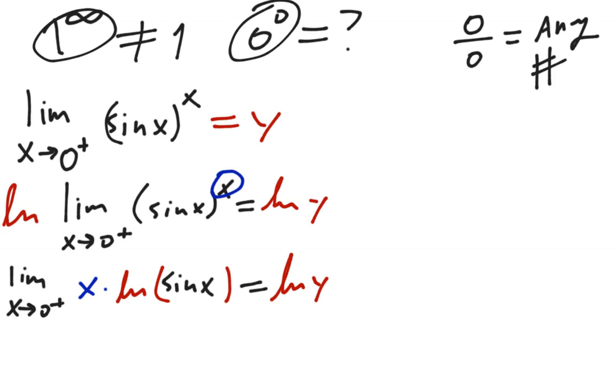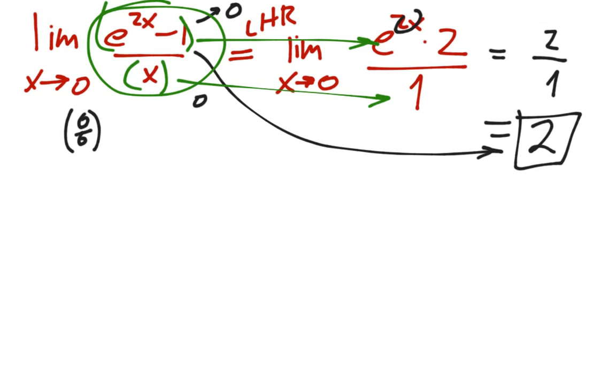Now x is still approaching 0, so let's check. Over here, this would approach 0, that's fine. And then over here, sine of 0 is 0, and as x approaches 0 from the right, natural log of 0 from the right goes to negative infinity. Uh-oh. So what I basically have is 0 times negative infinity,